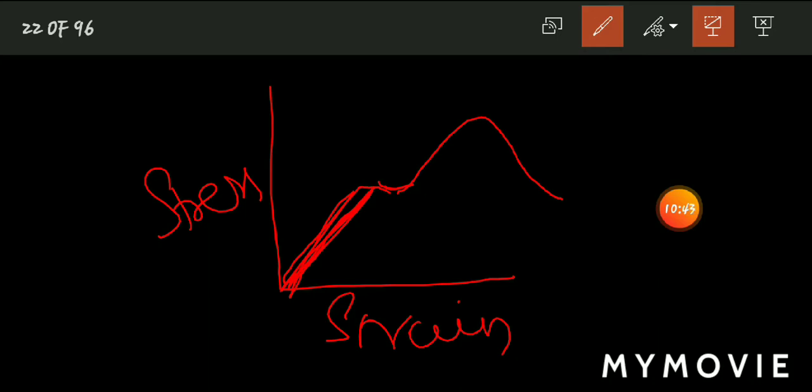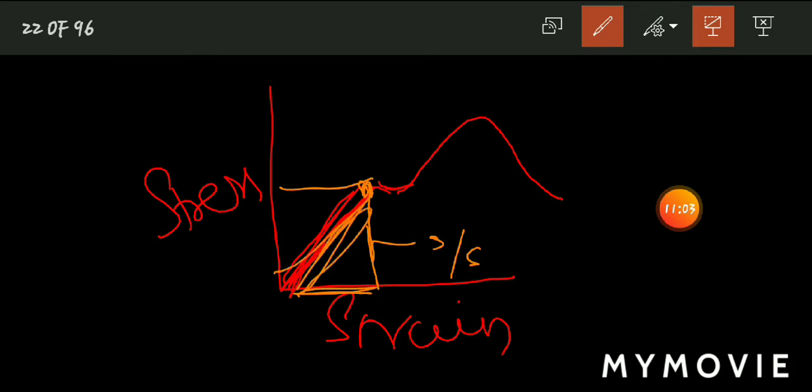That's it. Okay. Now after that elastic point, consider this orange dot is the elastic point. Till that point, if you take y by x, this portion is the stress, this portion is the strain. If you divide the stress by strain, the slope will represent the modulus of elasticity of a material. Modulus of elasticity is the stress by strain till the proportional limit. Is it clear till now?